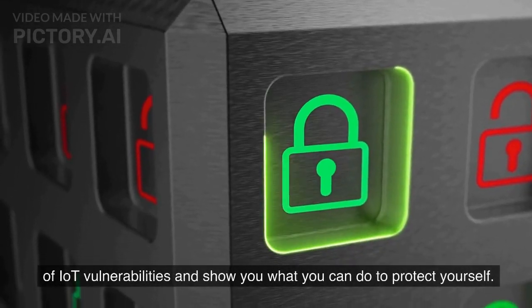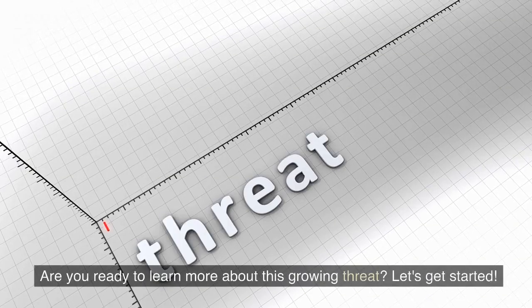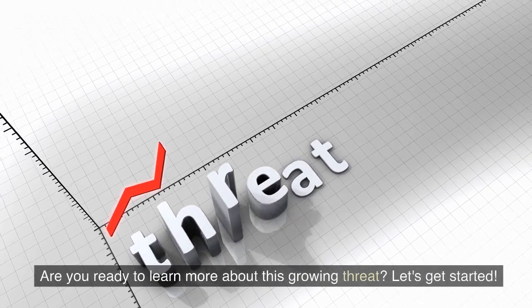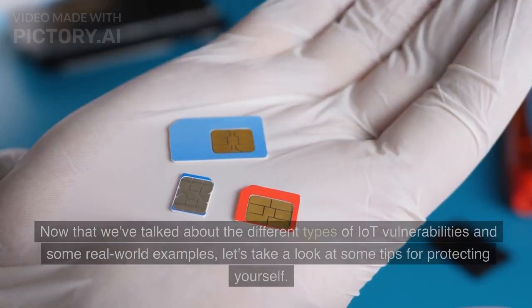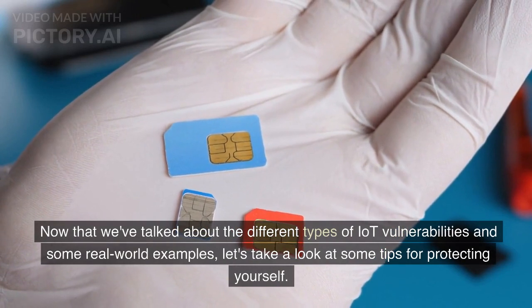We'll cover the types of IoT vulnerabilities and show you what you can do to protect yourself. Are you ready to learn more about this growing threat? Let's get started. Now that we've talked about the different types of IoT vulnerabilities and some real-world examples, let's take